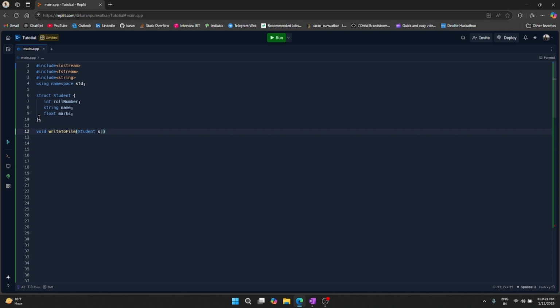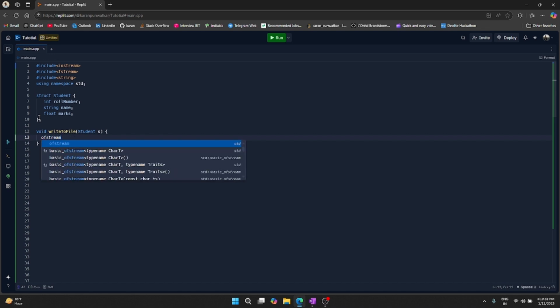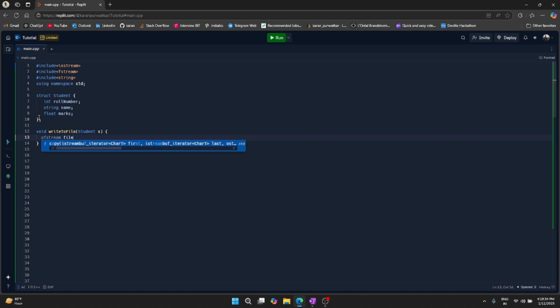Then for writing we take an ofstream file, and we are taking the student.txt file. Okay, and again we put a comma and ios, just a second, ios